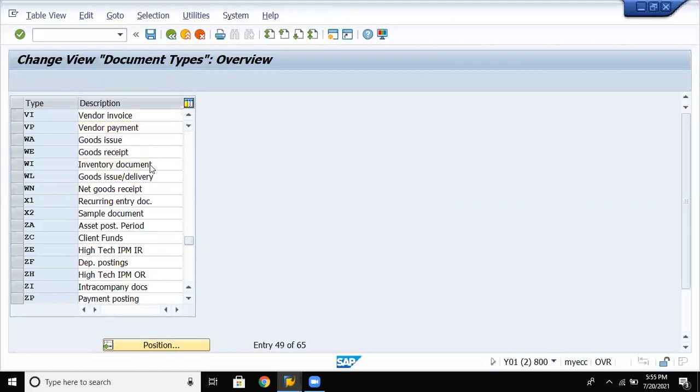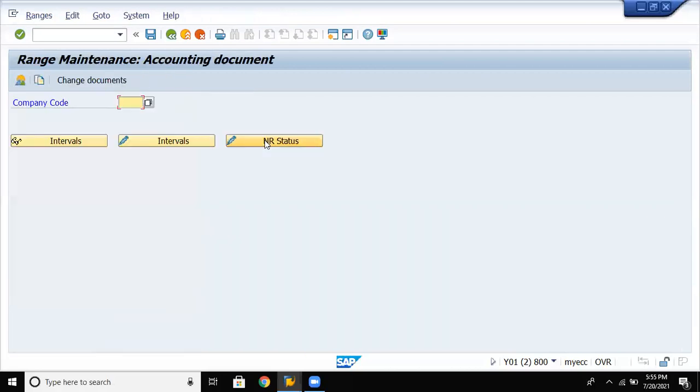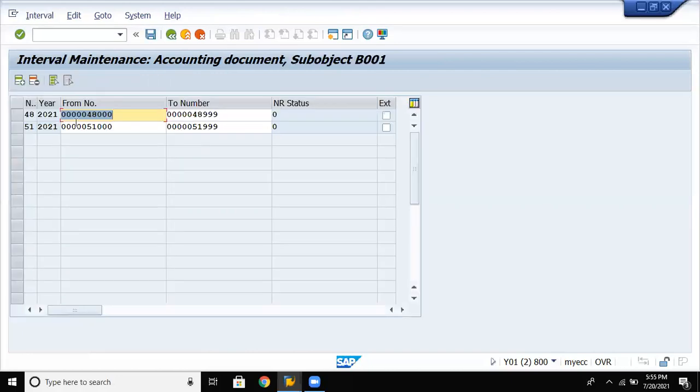Now vendor document. Hit on vendor document. The number range for vendor document is 49. Click on position. Give your company code. Click on intervals. Now click on insert line. Now we have to integrate the number 49. Year.